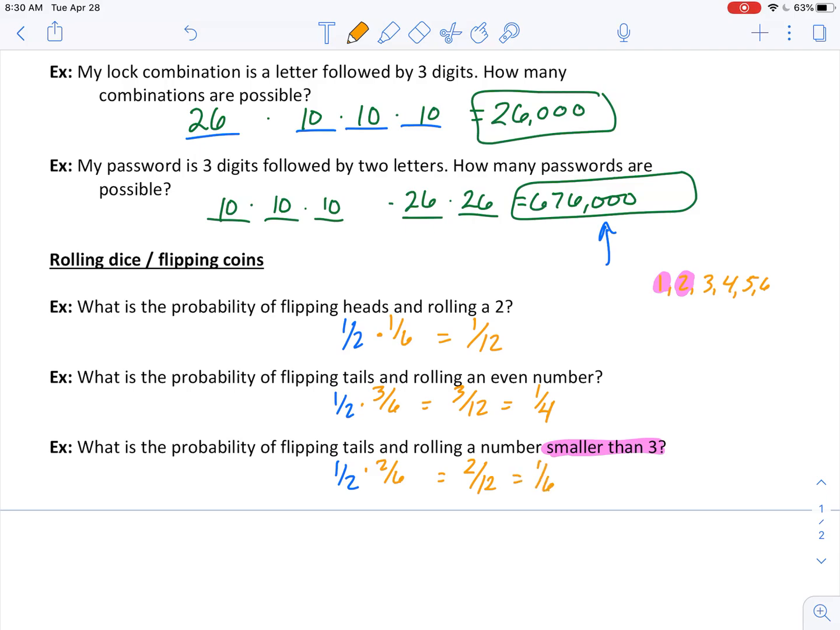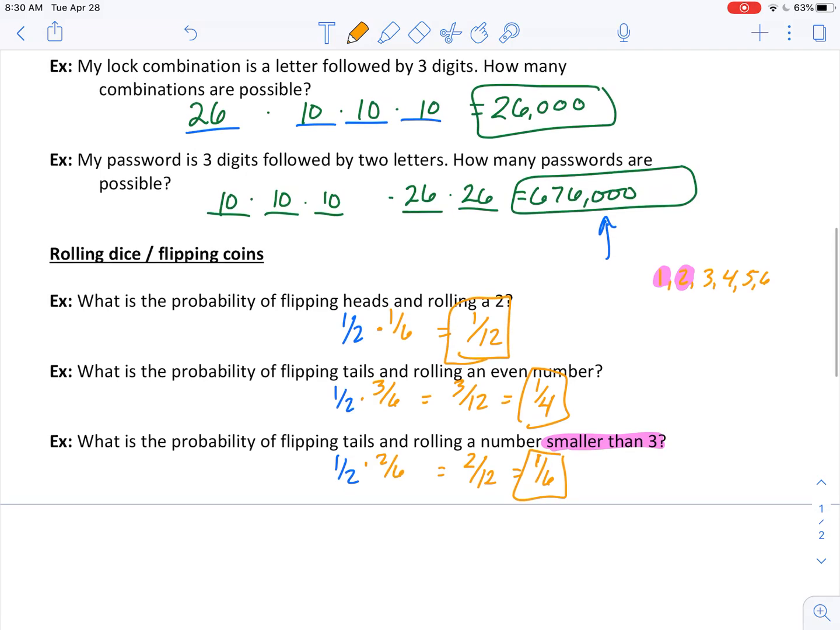All right, now let's talk about rolling a number smaller than 3. So what numbers could I roll that are smaller than 3? I could roll a 2 or a 1. So that's 2 options out of 6. And if I multiply 1/2 times 2/6,